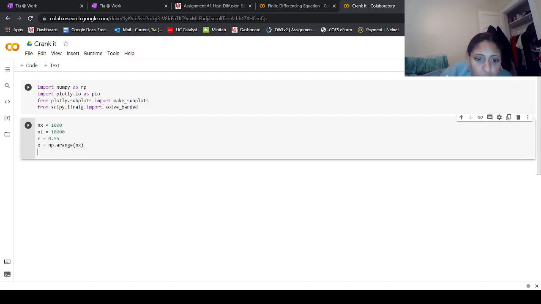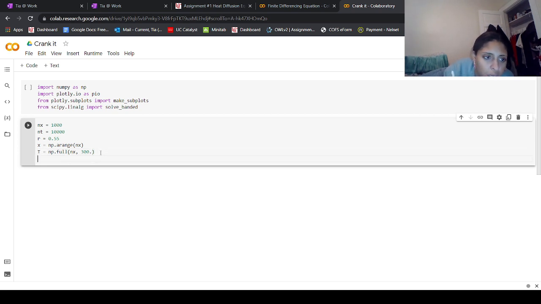So what we want to do next is the temperatures. So we have to do the np, and then we also want the full command that we used last time that puts it in an array, and then we put 300 and then a dot because we want that kind of number, and obviously 300 was the initial temperature. And so T,